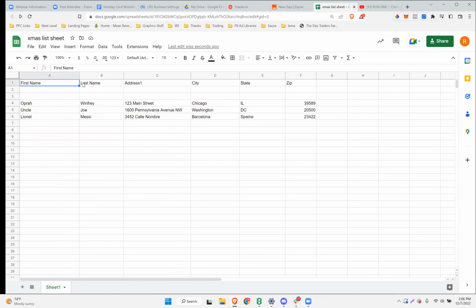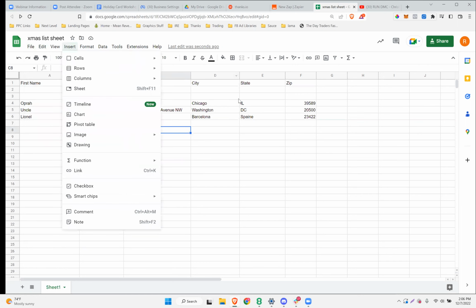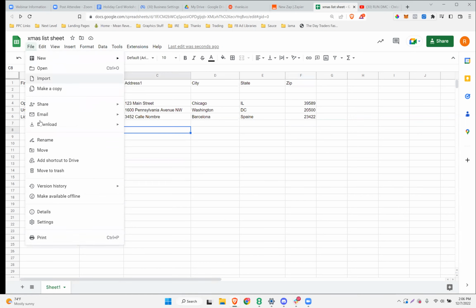But just know all you need to do is have a sheet like this, as Shane said, with some headings. And then you're going to have your list. Now I made kind of a silly little list here for demo purposes. And the next step, once you have it created, if you do it in Excel, you're going to download it. If you do it in Google Sheets, as I am, I'm going to download the sheet. So go to File,